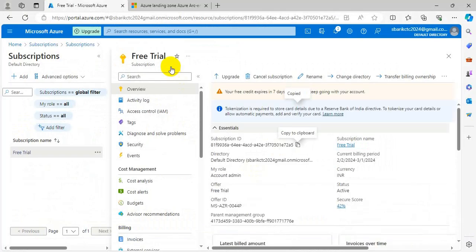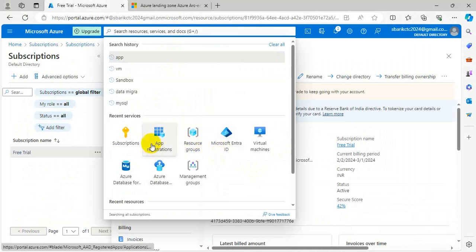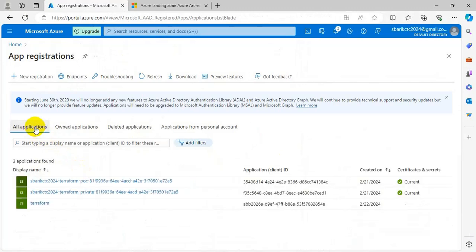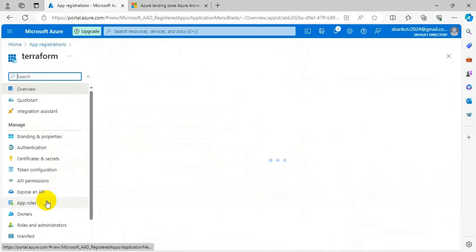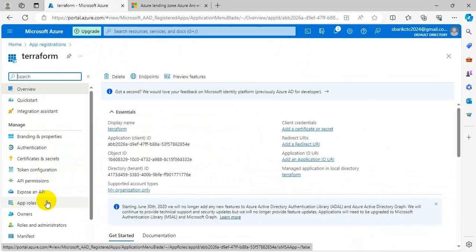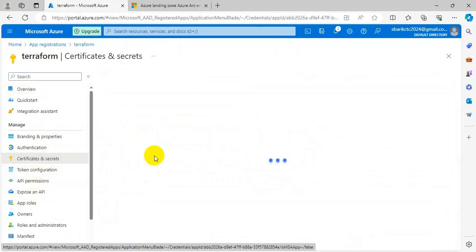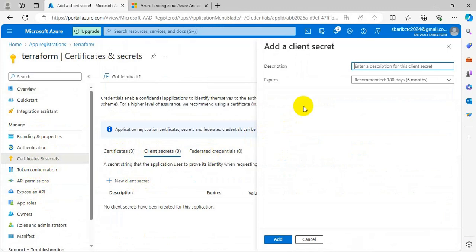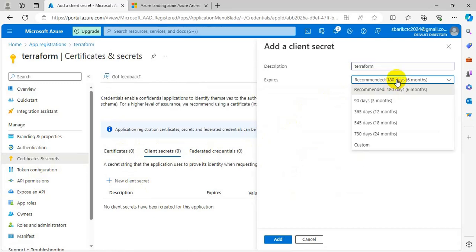And the last thing, we have to find the secret value of the app registration. Let me open the app. Let me go inside the application and find the certificates and secrets option. Here we can generate a certificate or upload an existing certificate, but we have to use the client secret option. Let me add a client secret and keep the name like terraform, and